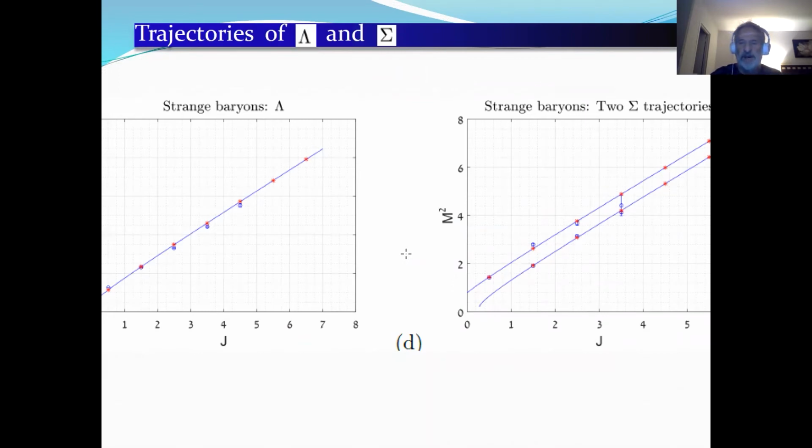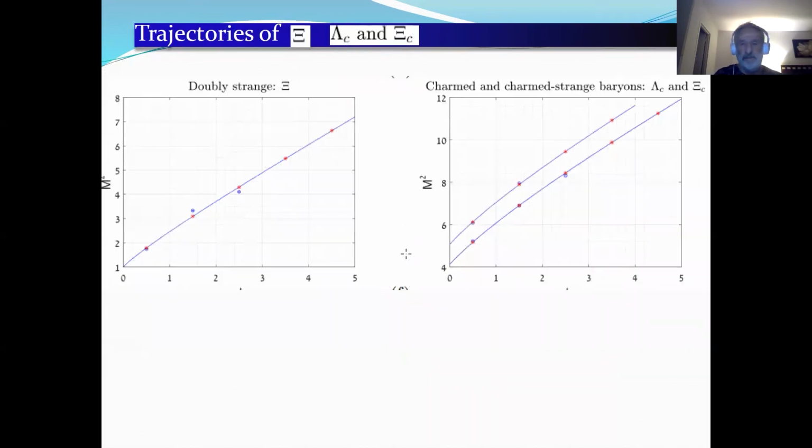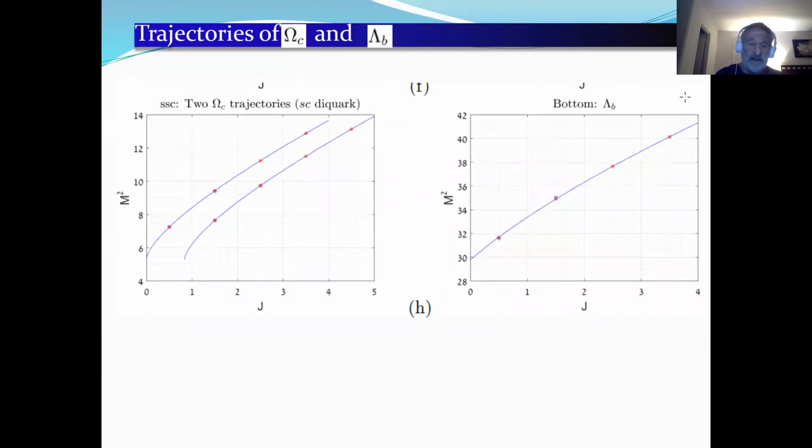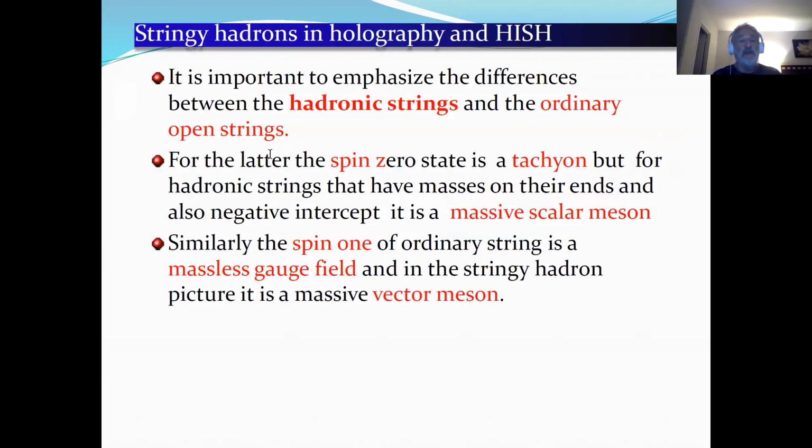But again, we have nice fits for the baryons made out of light quarks and strange, and this is a doubly strange cascade, and these are with charm, Lambda C and Cascade C, and you see it's quite a nice agreement between the experimental values and the model. Well, one thing that I want to emphasize is